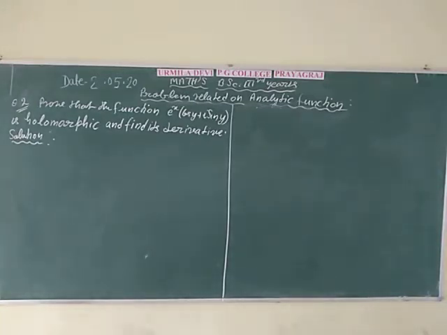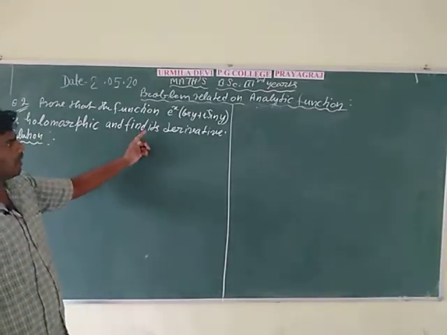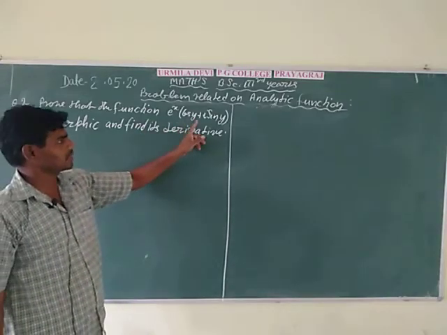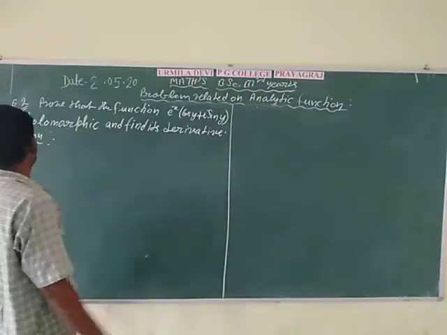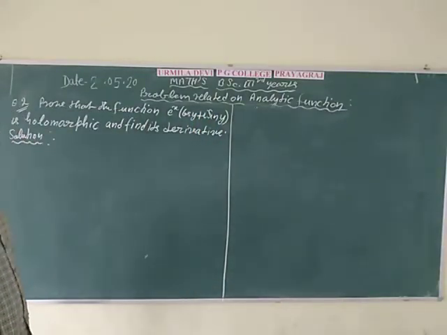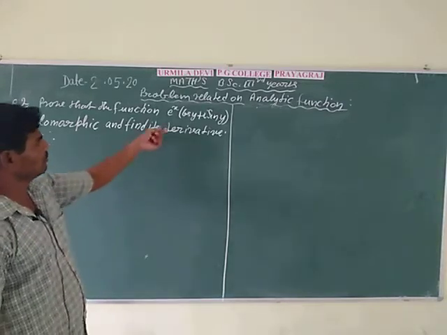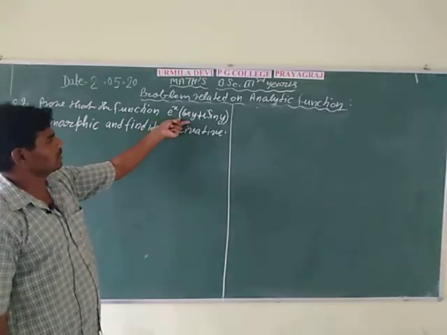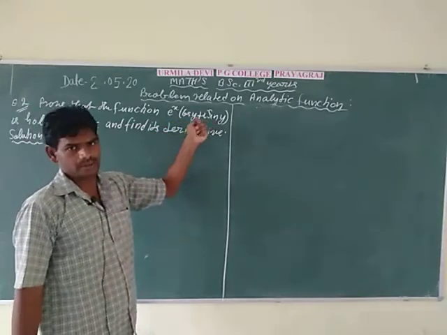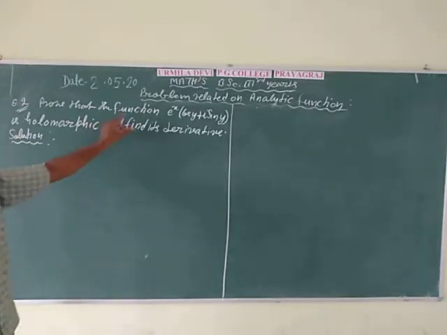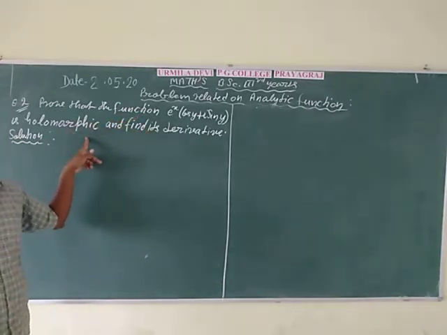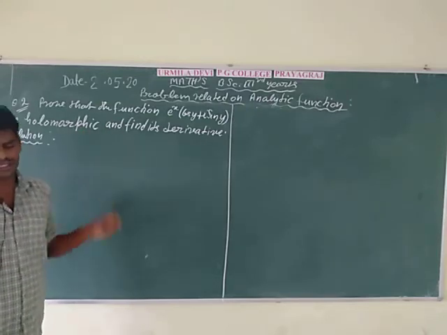In question second, prove that the function e to power x times (cos y plus i sin y) is holomorphic and find its derivative. In the question, the given function is f(z) equal to e to power x times (cos y plus i sin y). The question is to prove that this function is holomorphic, meaning prove that this function satisfies the CR equations,